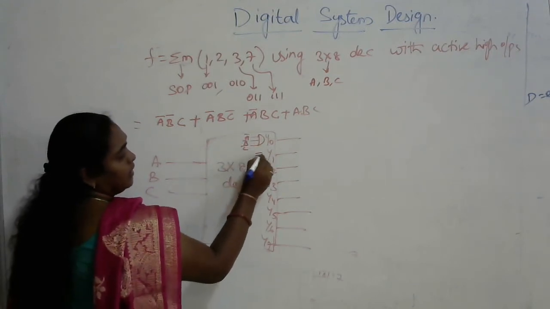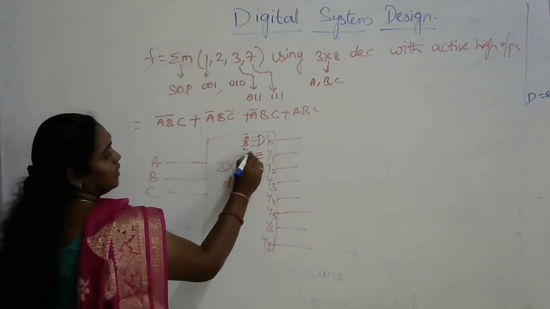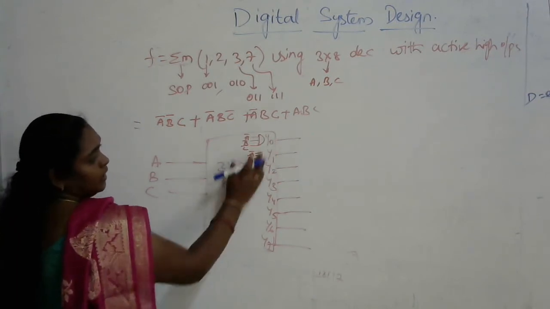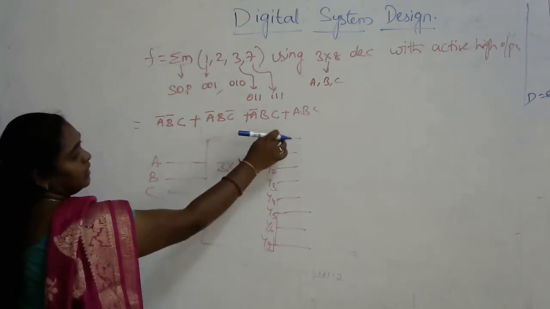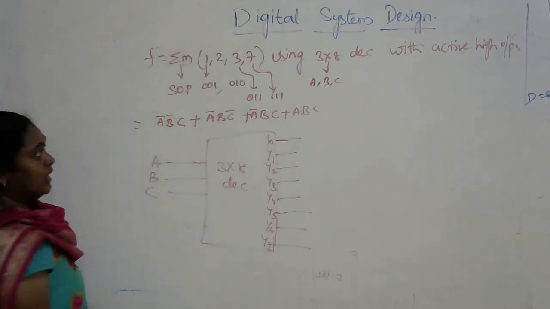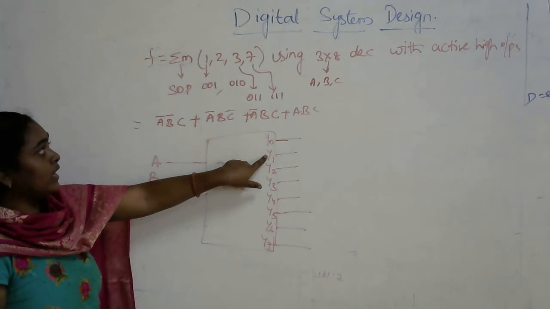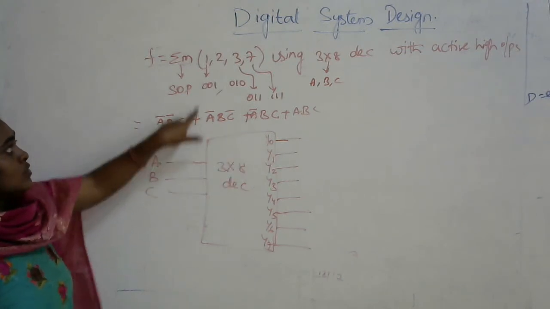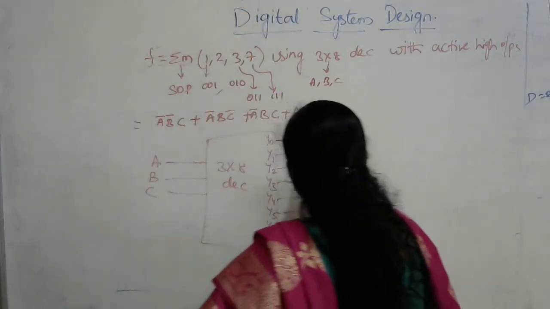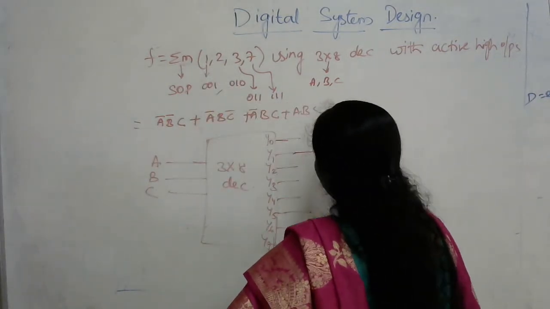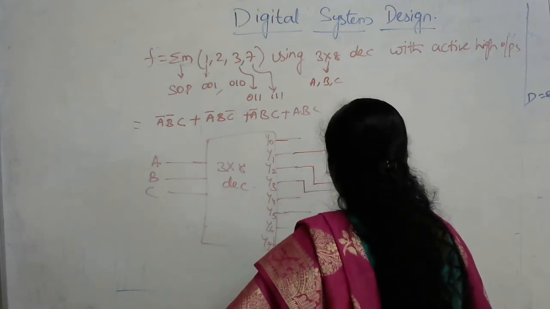If it is Y1, here also it consists of 3 inputs. Y1 is equivalent to 0 0 1, so it is A bar, B bar, C. If I am drawing this as a block diagram, that itself indicates that internally each line represents an AND gate. So Y1 is one AND gate followed by an OR gate. Whatever numbers are given in the question, just take them down. So this is Y1, next is 2, next is 3, next is 7.